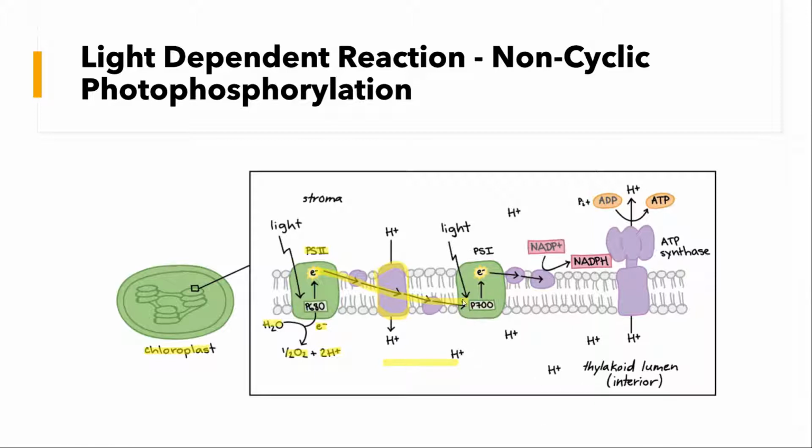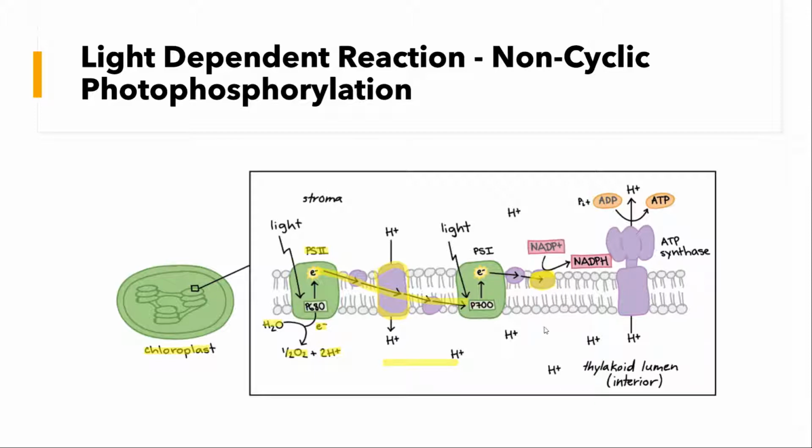And then as it reaches photosystem 1, it's going to be excited again, and it's going to pass through from photosystem 2 to NADP